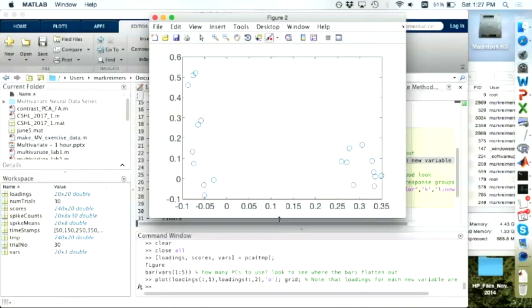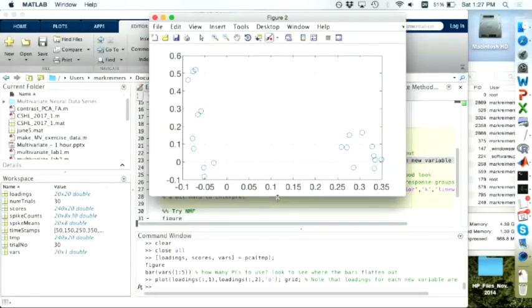So this is an unusually, or unrealistically clean example where the loadings are nicely separated into positive and negative loadings here. So we've got one group of neurons that are all pretty much equally weighted in the summary of the first variable, and another group that are all weighted oppositely. So what do you think that corresponds to?